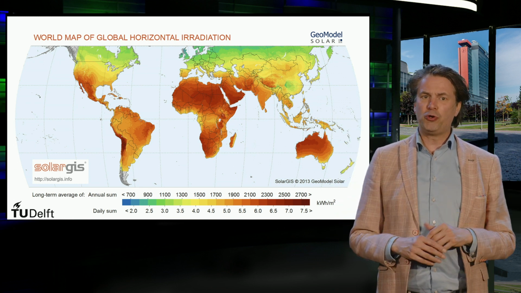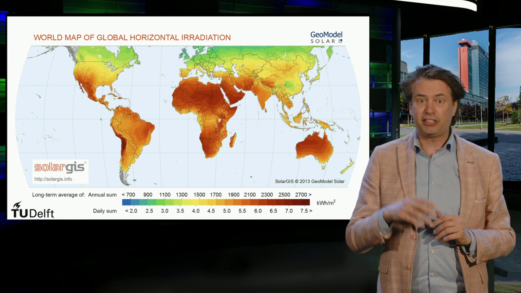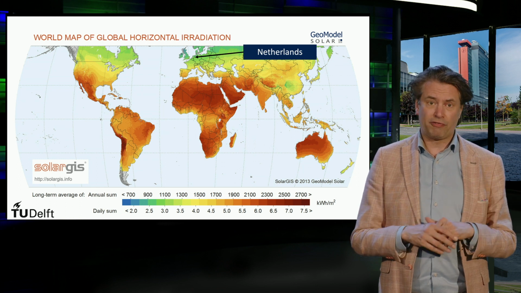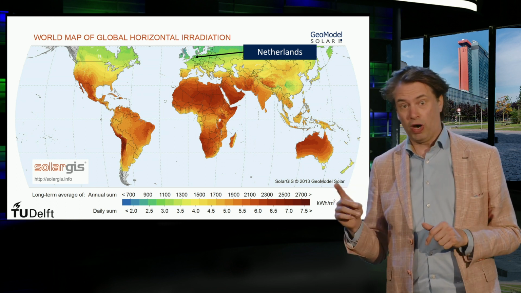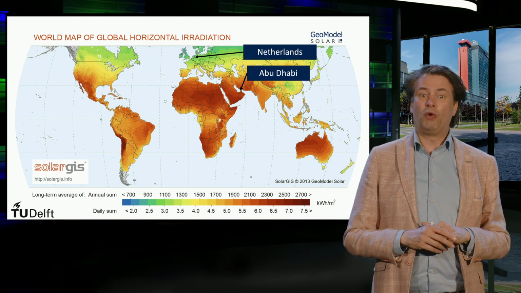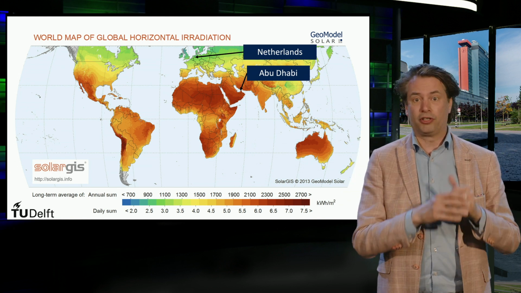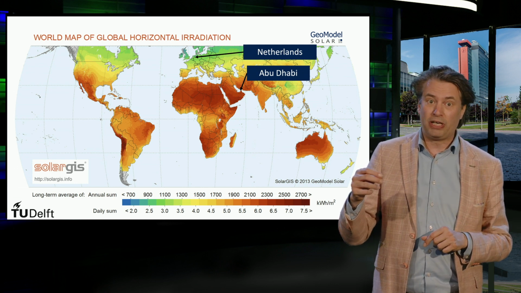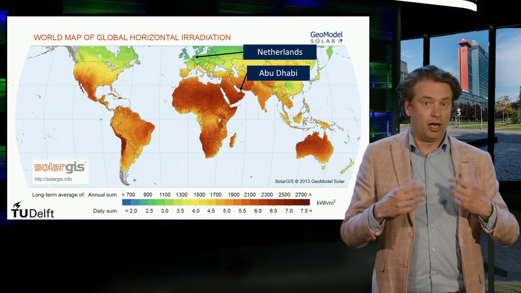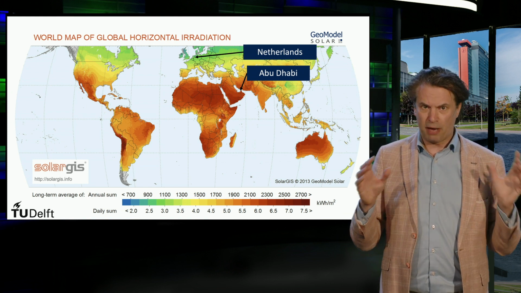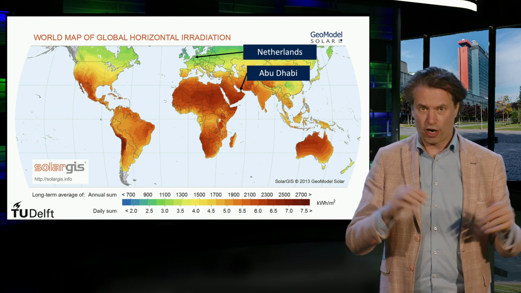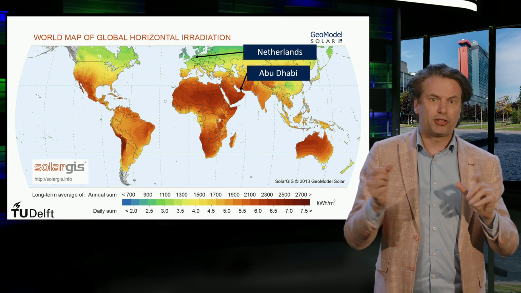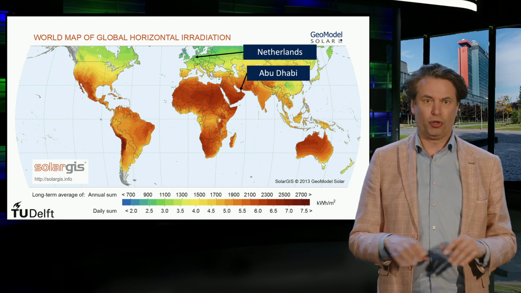So if you want to produce the same amount of energy from 2 PV systems, one in the Netherlands, where the irradiation is almost 1100 kilowatt hours per square meter, and one in Abu Dhabi, where we have almost 2200 kilowatt hours per square meter, then the number of PV modules in the Netherlands should be almost the double of the PV modules in Abu Dhabi to generate the same amount of electricity for a year. So it is very important to look into the environment in which the PV system will be installed.